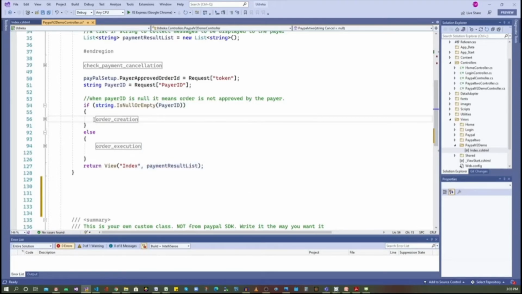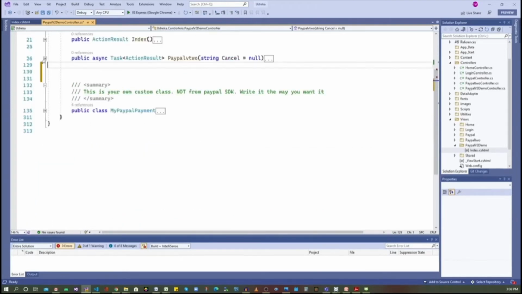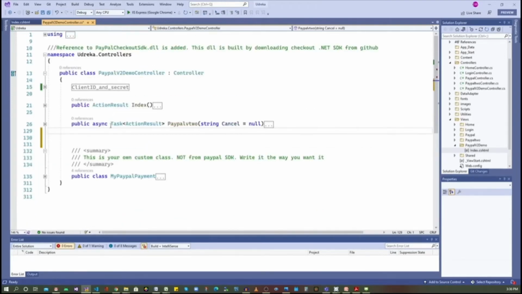We have already seen in detail how we are creating the order. You'll get to know in more detail when we debug the code. If we have a payer ID and approved order ID, then we simply instruct PayPal to execute the order. So this is our controller code, very simple.